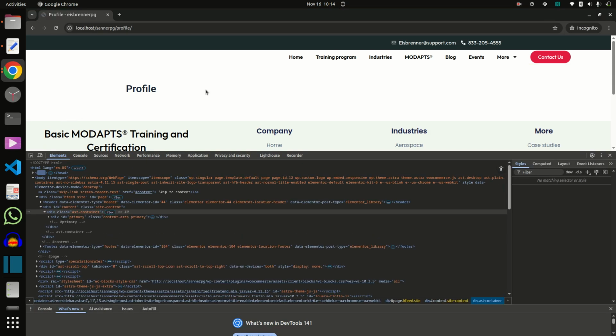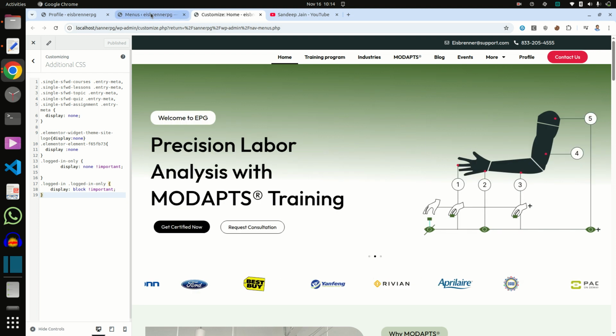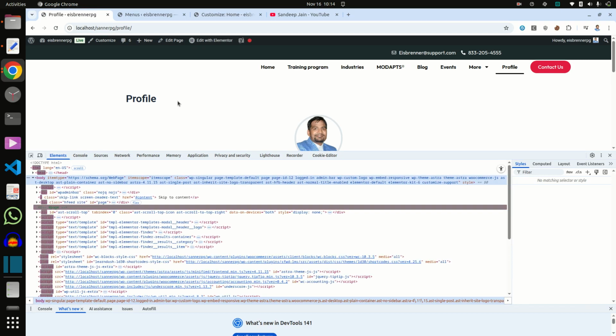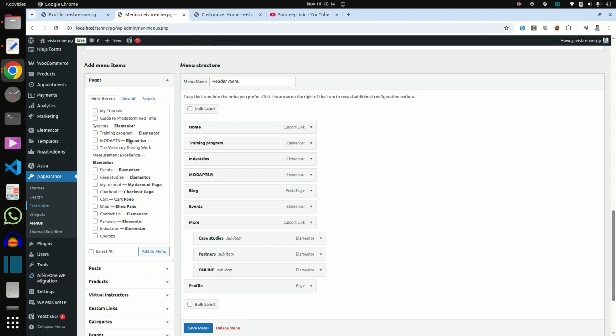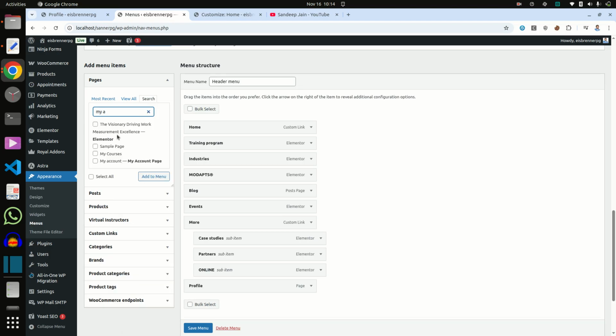Now here I am logged out, so there is no profile page in the menu, and when I am logged in, then there is a profile page in the menu. If I want more options here, I can also add more, like a my account page.